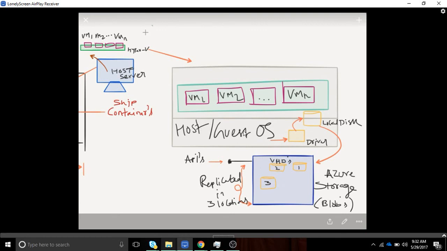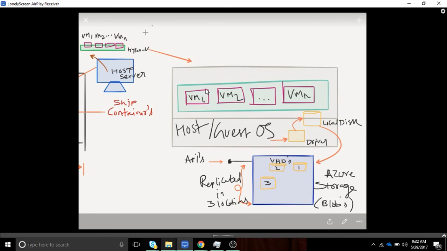This is a host server, or you can say the guest OS. The guest OS is installed with Windows 7, or now it is a specific Windows Azure OS. This specific Windows Azure OS will have certain drivers, okay, and then the VMs, VM2, and till the VM, and the capacity of that particular host server it holds will have local disks. Once they have these local disks and drivers, how they play an important role is